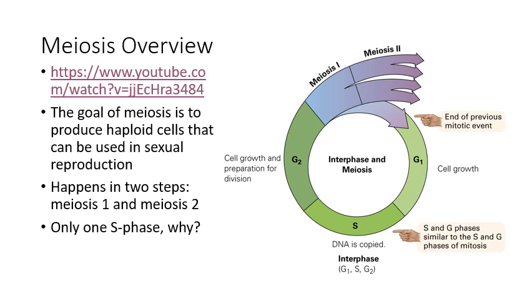Why do you think that might be? Because you have to grow. Right, but why don't we have two S phases? Because we have two meiosis phases. Why would we not have two S phases? We don't need to copy the DNA twice. Right, so we don't need to copy the DNA. What do you mean by that? I mean, we copy the DNA and then you can keep dividing it however you want. Well, I don't know. Do we divide it twice in the same phase? There's 4 haploid cells, right? Yeah.